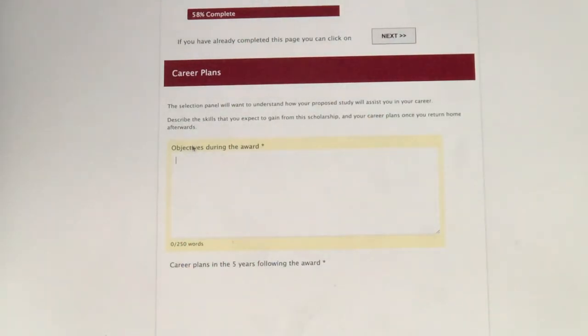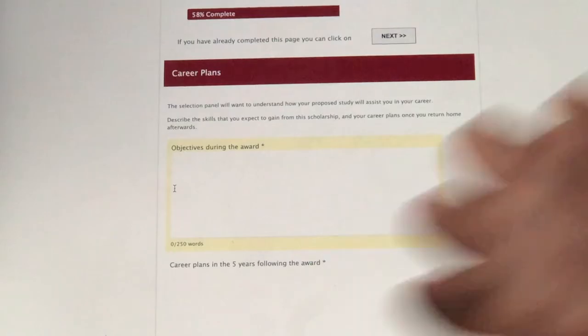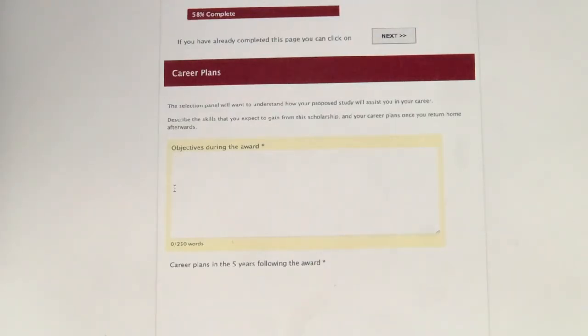So the objectives during the award are for you to gain the skills. And the first question that came, how are you going to use the skills to make an impact in your country and then at the international level. So write down all the skills, all the things you want to do. You want to participate in leadership roles, that is to improve your leadership skills.